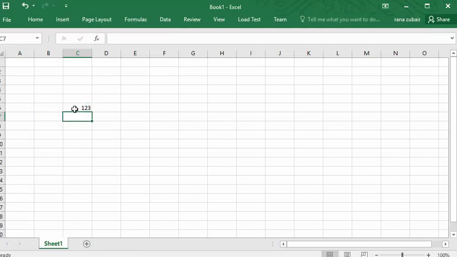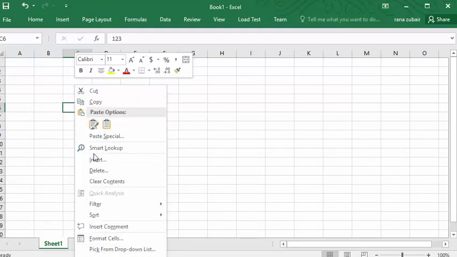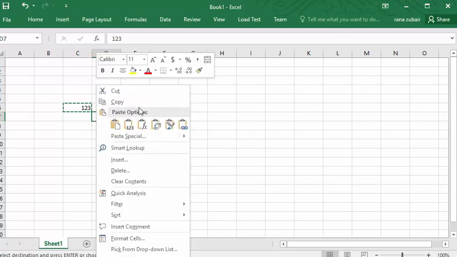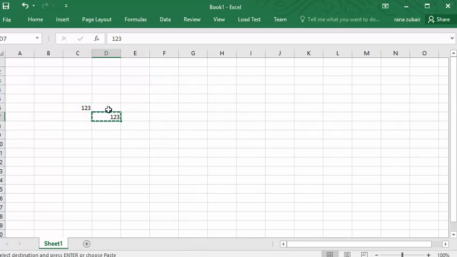I type this, then I copied and I am going to paste here. Now you can see the border. It is continuously moving while we have clicked on copy. Like I am going to click here, copy. Now it is in moving format. If I paste here, it will do this. But as I press enter or click somewhere else, it will remove it.